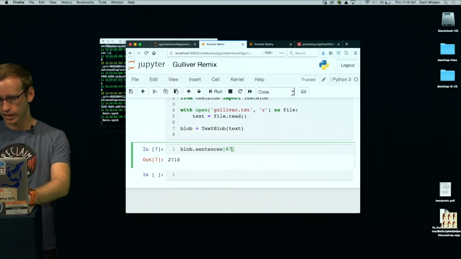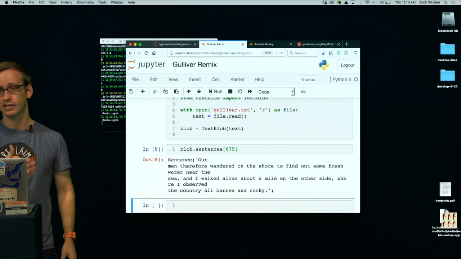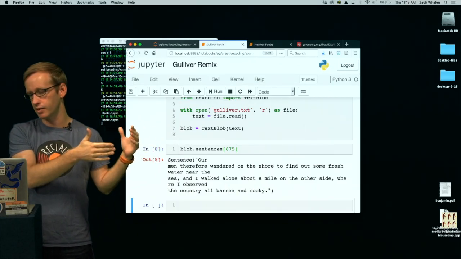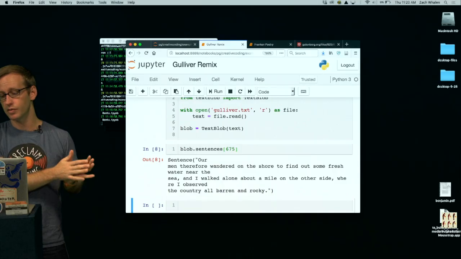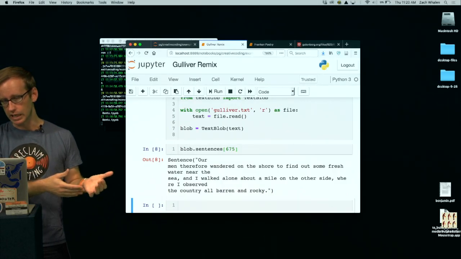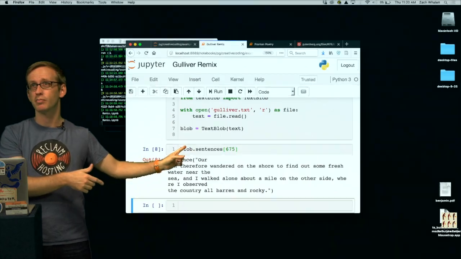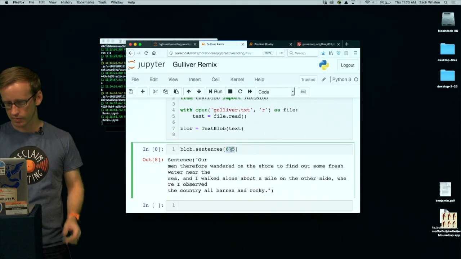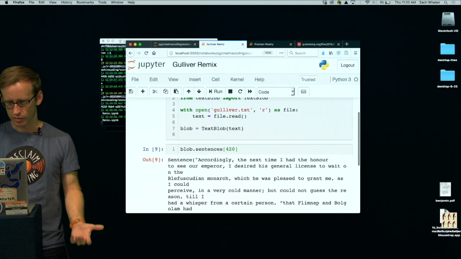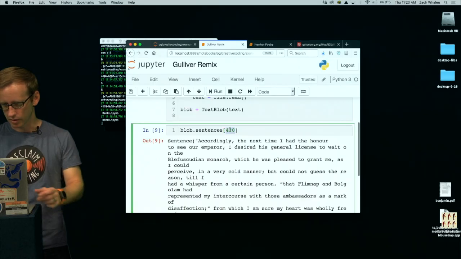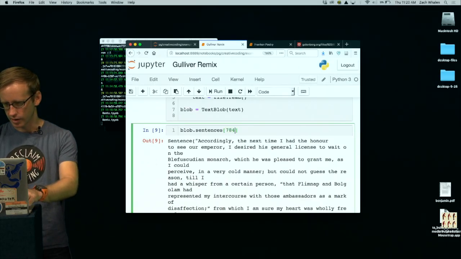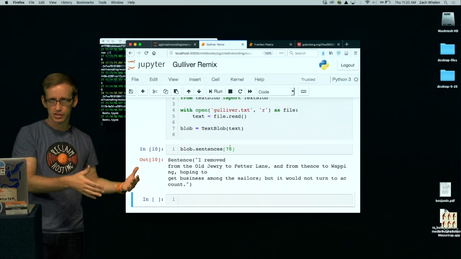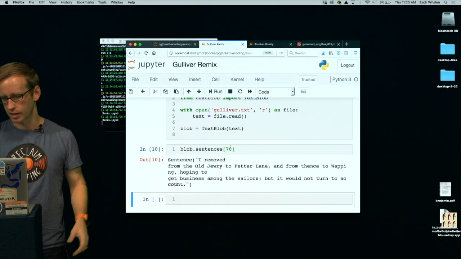As long as I give it a number that it actually has something for, you'll get a sentence back whenever you ask for it with this notation. With those square brackets, you give it the index of the sentence you want to see. If you want a random one, you could pick a random number and then ask for that numbered sentence. That's 605. This is 420. I didn't mean to make a joke number, but that's how it happens. And then, I don't know, 70. Again, I have no idea what these sentences are. I'm just picking them out.